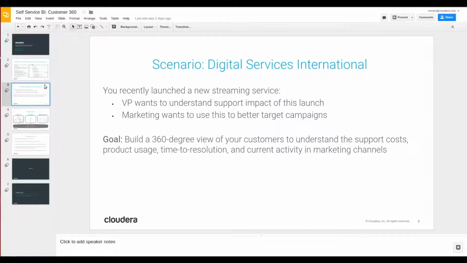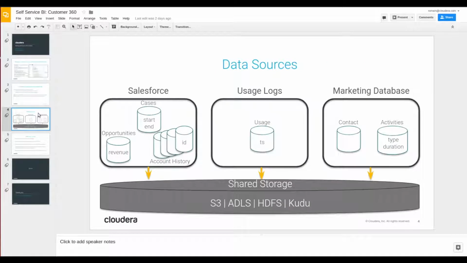Let's imagine that we are a digital service company and we want to track the launch of a new feature. We are going to build a little customer 360 to better understand our product and customer usage. We'll use different data sources, one about our customers with Salesforce, and this one is being archived every day. That way we can compare the changes in time. We have the support cases list. We also have usage logs and a marketing database that contains campaigns. In the case of Hue, it would be more like a Jira database to have the list of features and bugs.